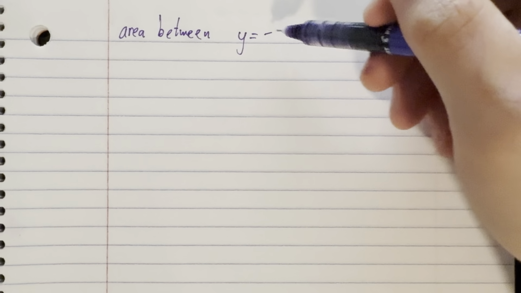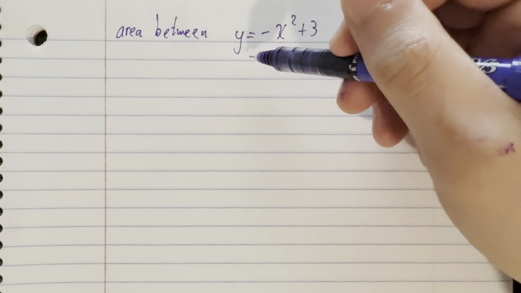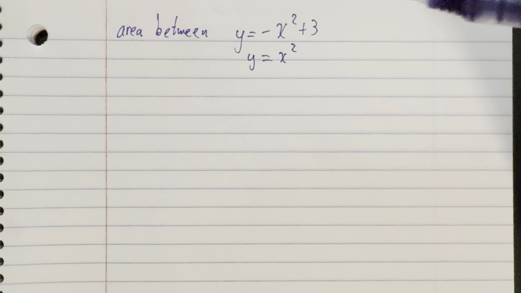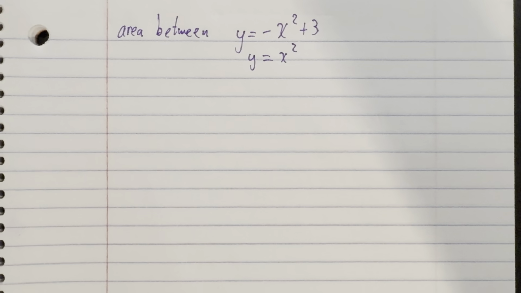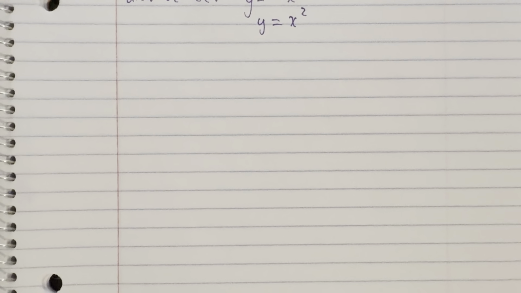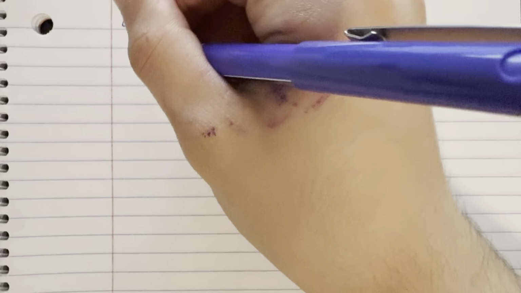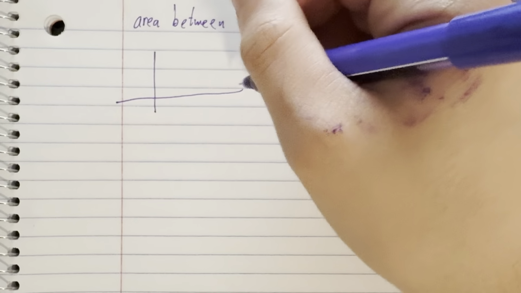Okay, so we're going to be finding the area between y equals negative x squared plus 3 and y equals x squared. Okay. So this is an area, so we're going to be drawing this in R2. So if we draw our little plot over here,